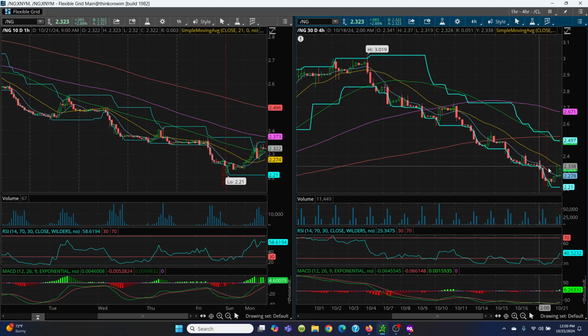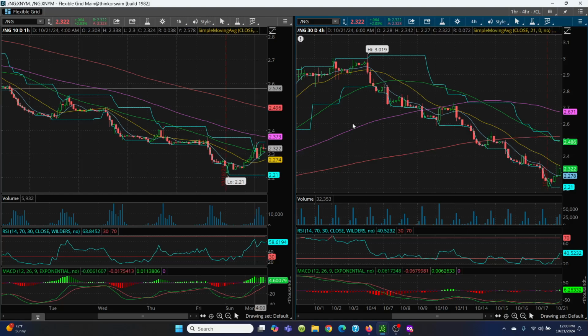If you can break through, where do you go? Right to the 21-day. Where did the price go? Right to that 21 SMA. But you got to crack above that. Once you start cracking above that, then you can just start hitting all these levels here. See all these price channels? Boom, boom, boom, until you start hitting all the way up here at that 2.49 level, and then possibly here that 2.52 level. So a 1 hour chart and a 4-hour chart, it kind of spreads it out